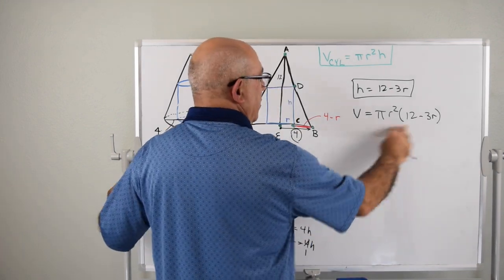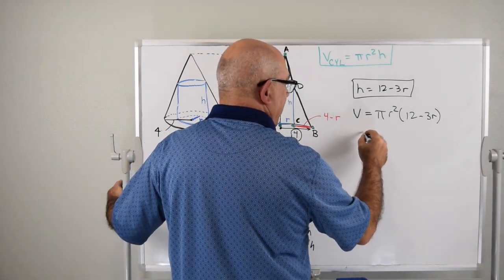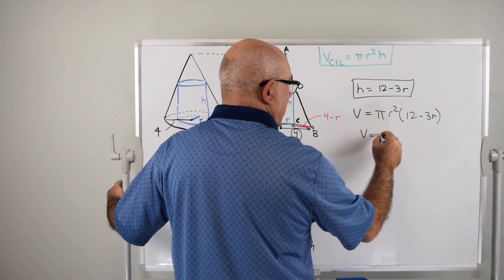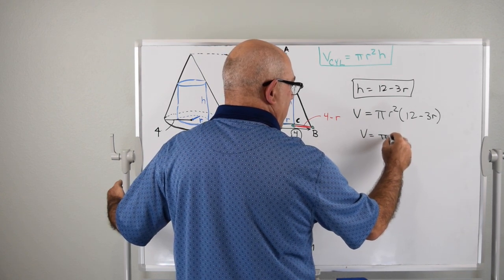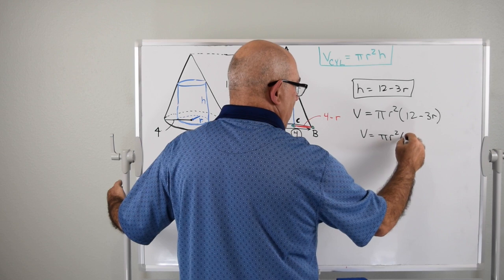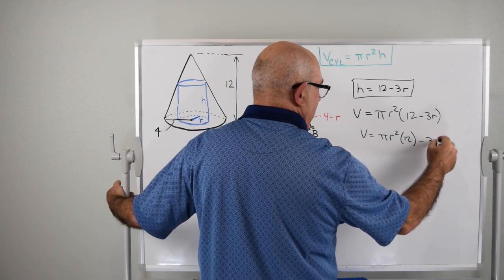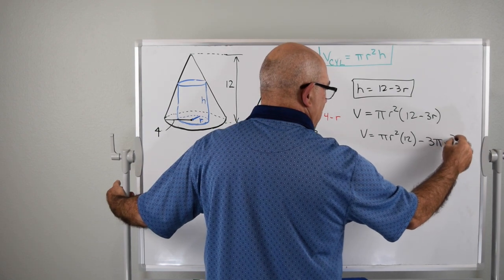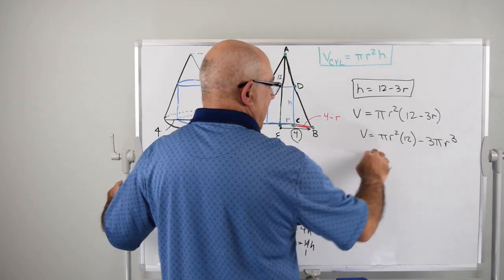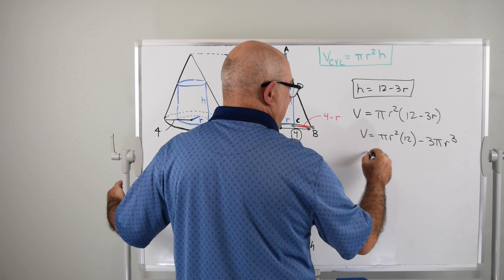Before we do, we'll simplify. The volume equals 12 pi r squared minus 3 pi r cubed. Okay? Taking the derivative, we will get